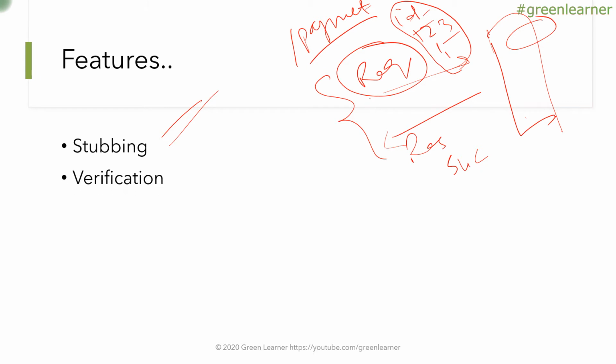Next, verification. When you have accessed the WireMock, it keeps a record of whether this API with this request and with this response has been accessed or not, so that we can verify later whether the interaction that was supposed to happen in our application is happening or not. Next comes record playback of interaction. When you are accessing the APIs, you can record those APIs and later take a look at what the requests and responses are that are going through your API. So record playback of interaction can be done with WireMock.